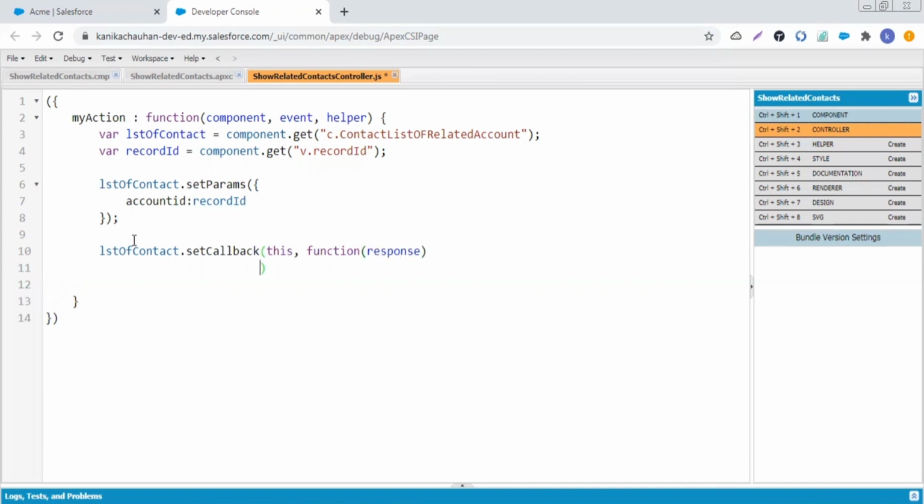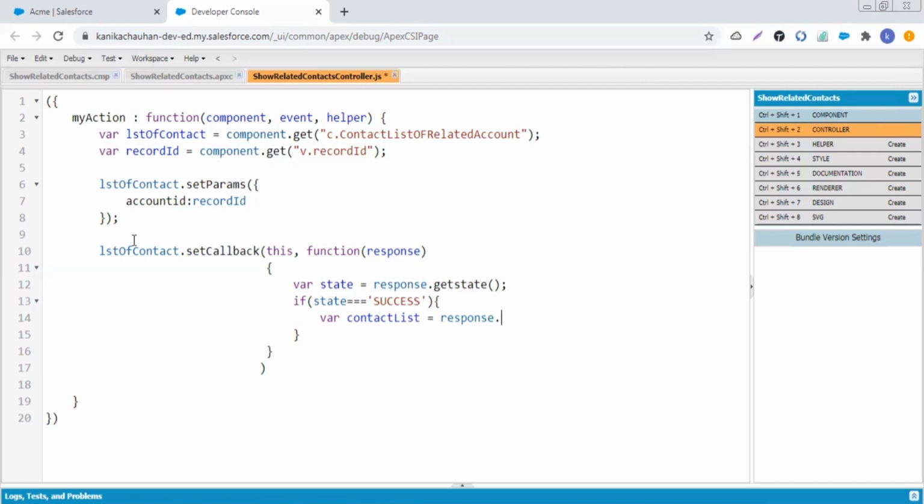Now getting the response state. To get that state, we're going to define a variable, var state, in which I am going to store the state of my response. Now checking if state is equal to success. If it's true, then we're going to get the list of contact from the response and store it in the JS variable. This is my new JS variable, contact list. In this I am going to store my response.